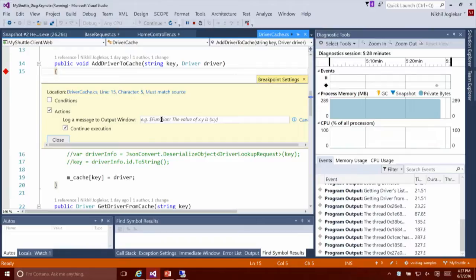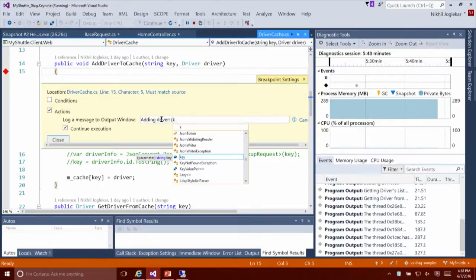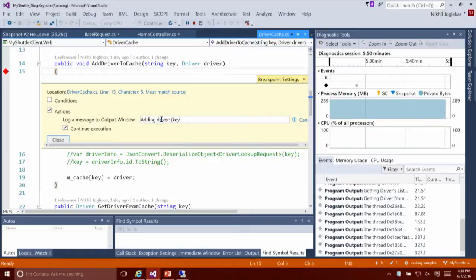There are three types of text that you can log. You can log plain text. So in this case, I want to log that I'm adding my driver, and then I can use curly braces to get values of variables. So when I put a curly brace here and start typing, you can see that I get IntelliSense, meaning that anything you put within curly braces will go and evaluate that variable and return the value to you when the